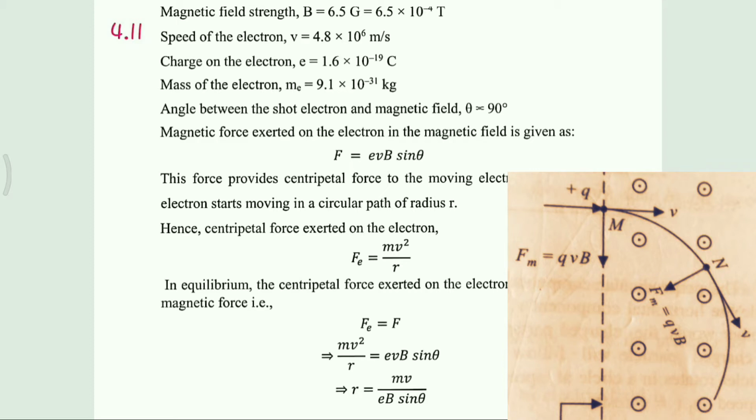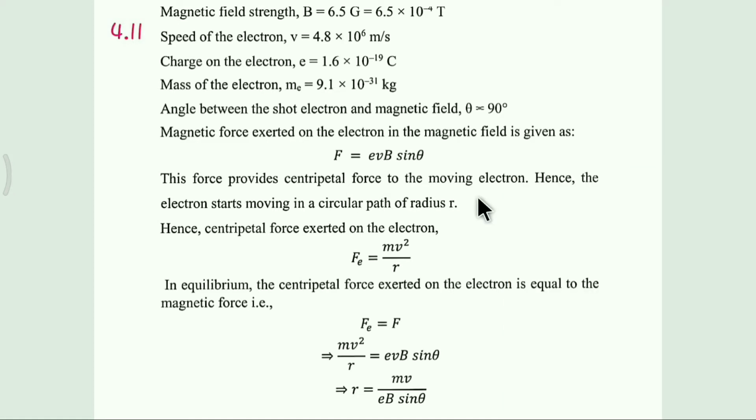Then how will you get the direction of the force exerted on the body? Use the right hand corkscrew. Take the right hand corkscrew and rotate it from v towards B, because it is v cross B. The advancement of the tip of the screw will indicate the direction, and you will see that it is coming downward in the page. So if the force is exerted on the electron in this direction, then it will make a circle according to this figure. The force is exerted on the electron, and hence the electron starts moving in a circular path.